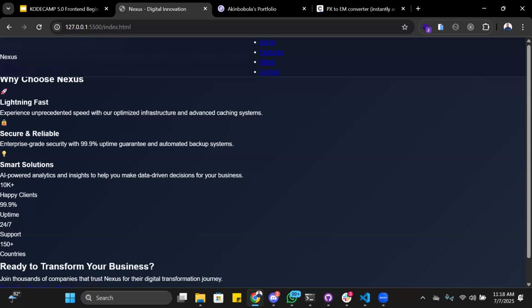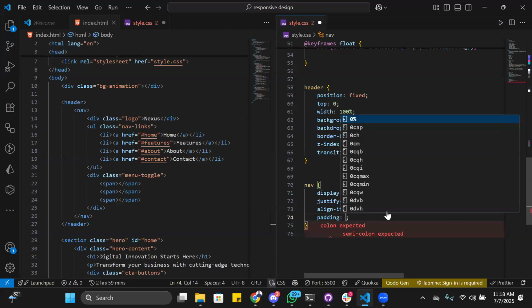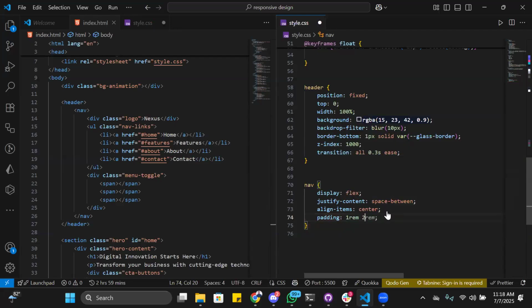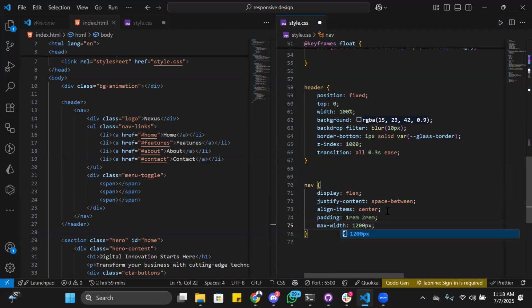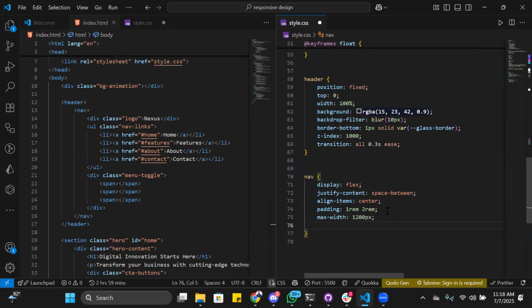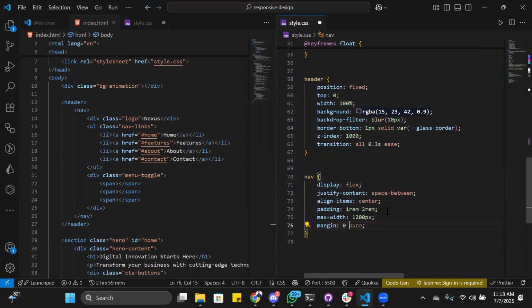Let me continue styling our navigation. Right here we have align item center. I also have the padding of 1 rem and also 2 rem. The next thing, I'm defining a width because this is on a large screen device. I have 1200 pixel, and margin of 0 and auto. So once I save this,